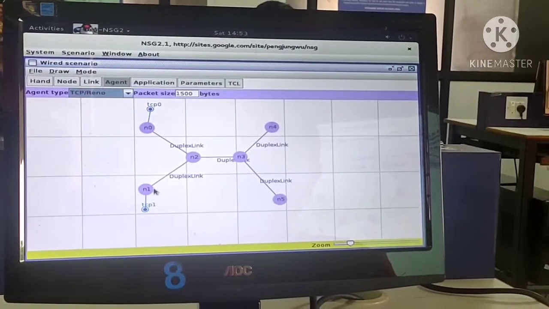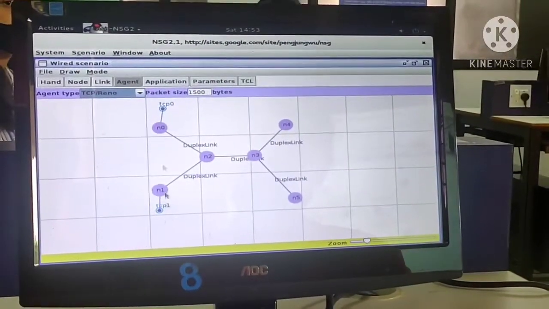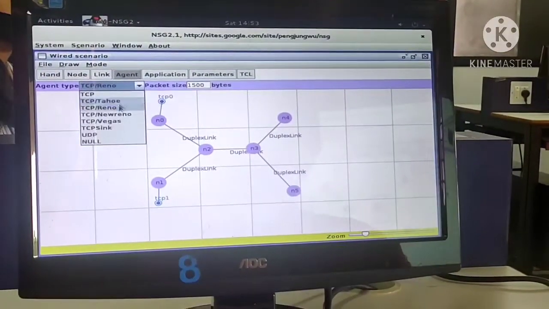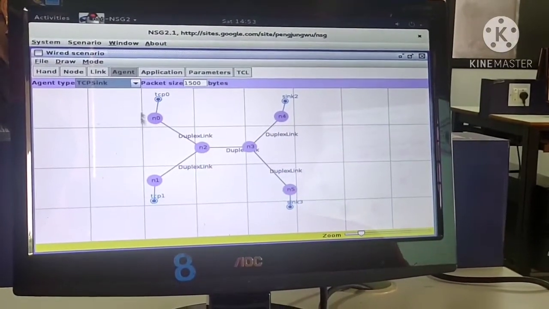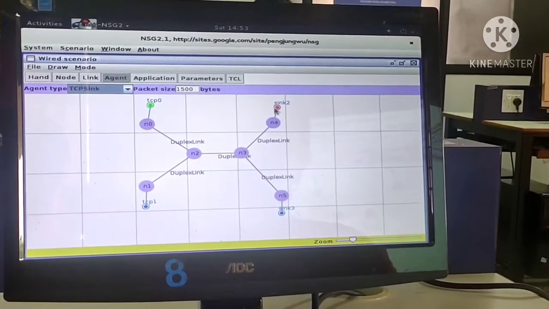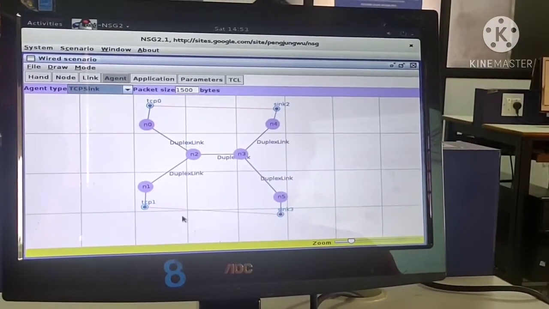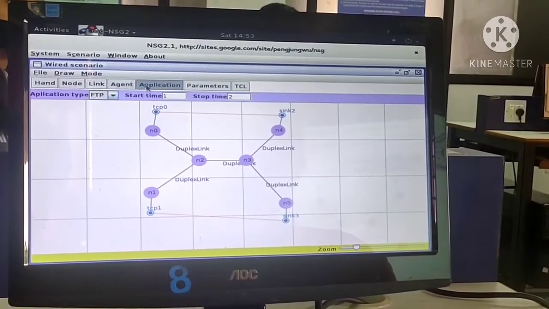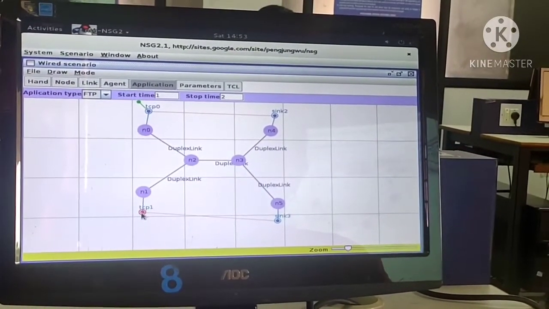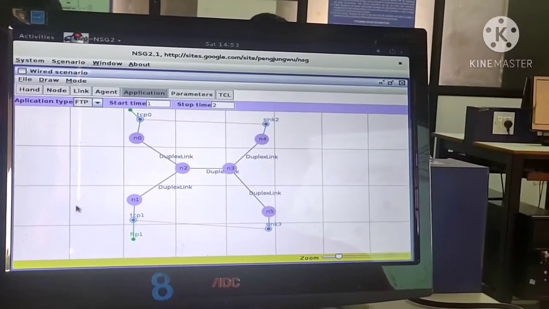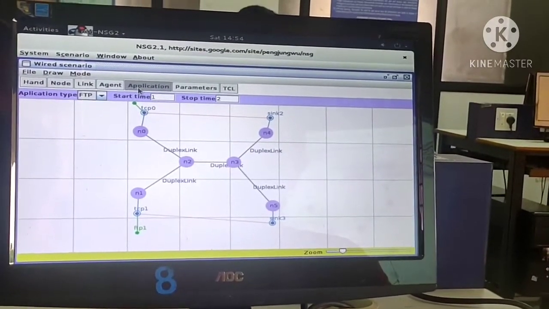Okay, so when we have congestion control algorithm, what happens, and when we don't have this congestion control technique, what happens? We'll try to compare that. So let me take TCP sink. N4 is a sink, N5 also is a sink. Let's connect now. TCP 0 is connected to sink. Again TCP 1 connected to sink 3. Let's now define FTP, file transfer protocol, for the source nodes N0 and N1. We are done with the agents, also application.